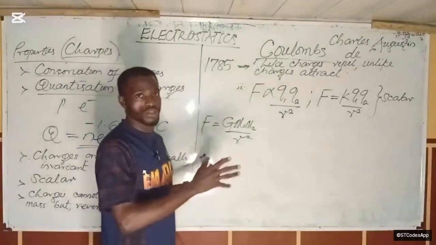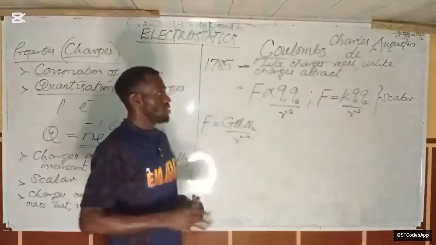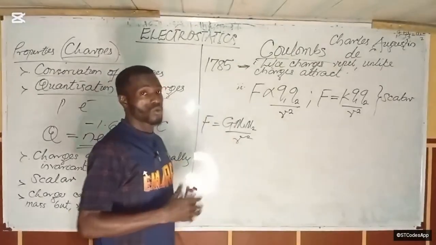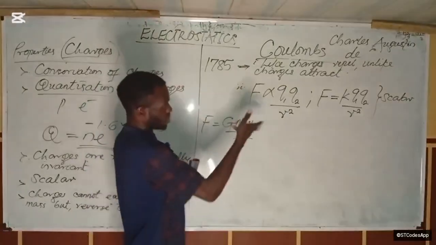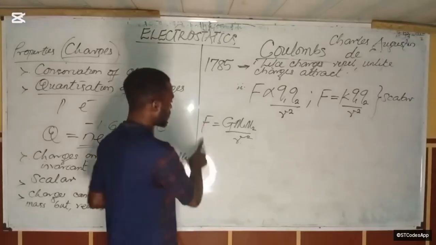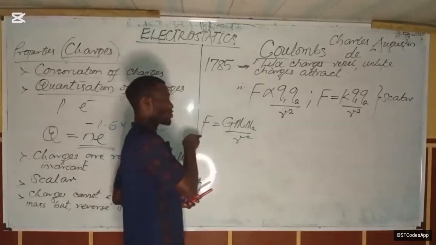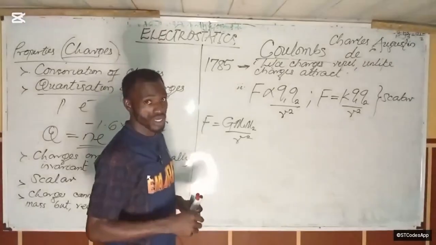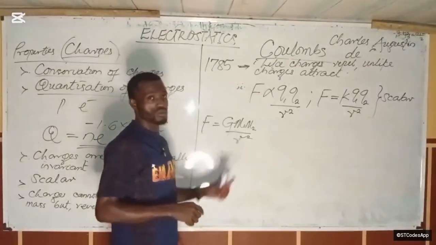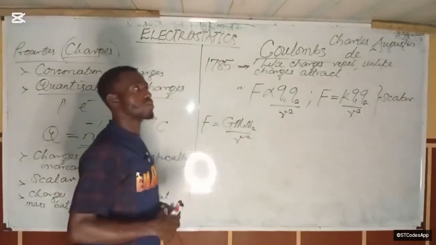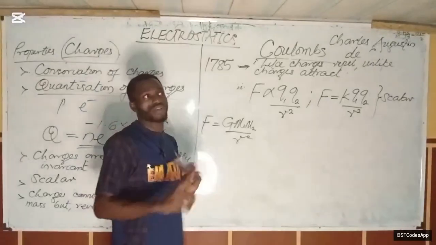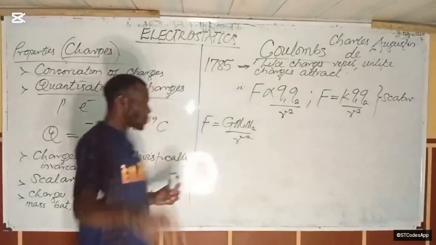It's not the subject of discussion for today, but just know it is also called the inverse square law. So the point is this: they look alike. The difference is that this is the force of attraction between masses. Okay, this is the force of attraction between masses. And now it could spur you to thinking about how masses only attract each other.